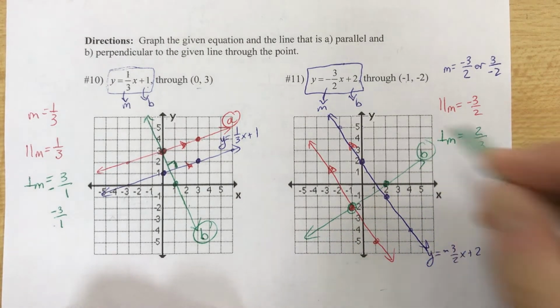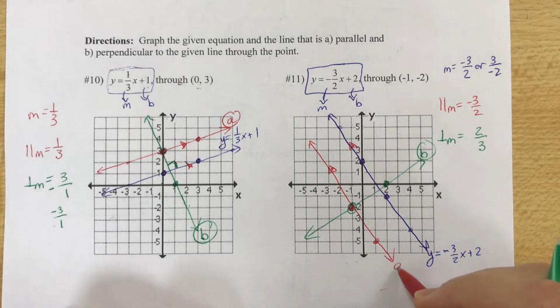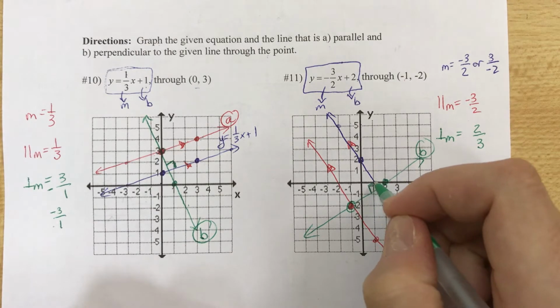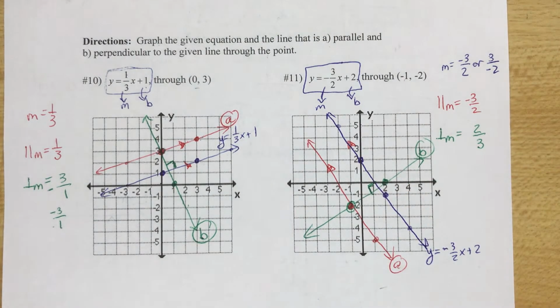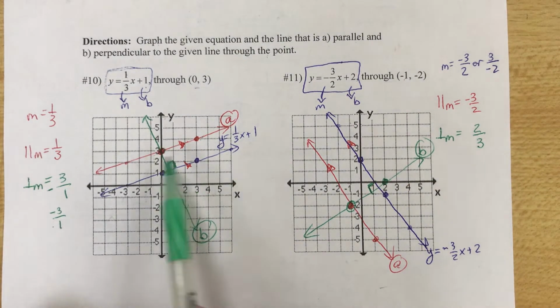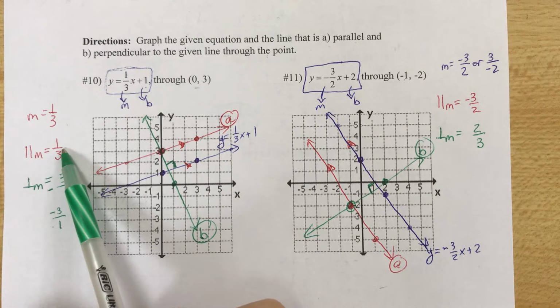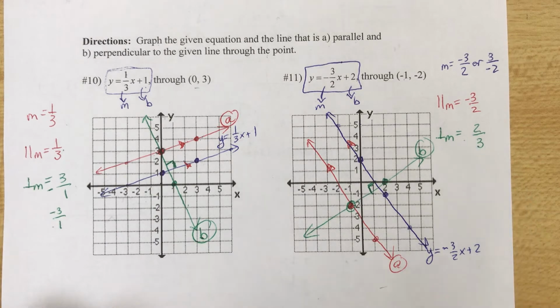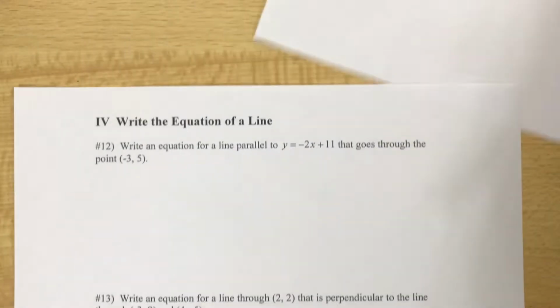That's part B, and this was part A. And this will be perpendicular. So that makes a 90-degree angle. Okay? So the key is understanding parallel lines have the same slope. Perpendicular is opposite reciprocal. So we're going to flip to the last page here, and we're going to do some